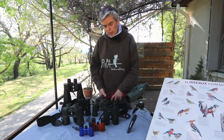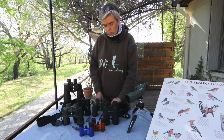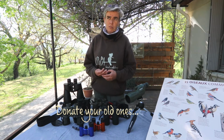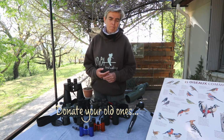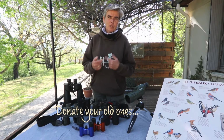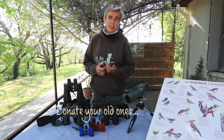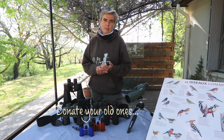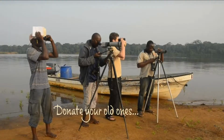Now if you reflect on buying a new one and you still have an old one, you think, what do I do with it? Don't dump it. It can be used in Holland. There is a project where they refurbish old binoculars, and they send them to developing countries where biologists are doing studies on birds, for instance Morocco and the eastern and western coasts of Africa,